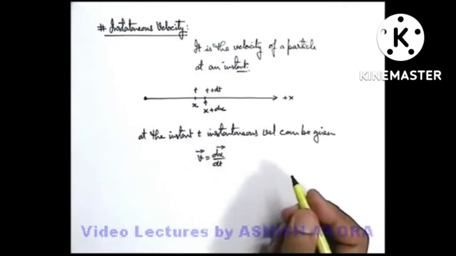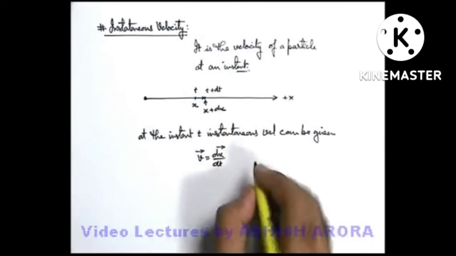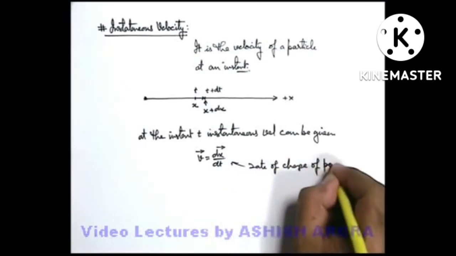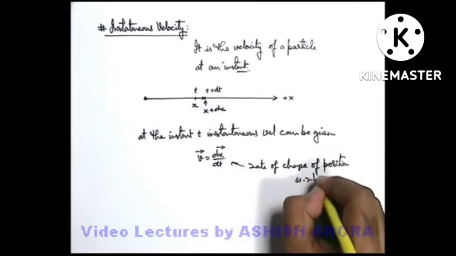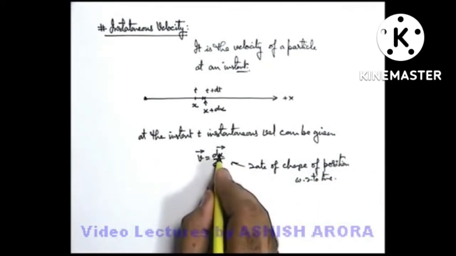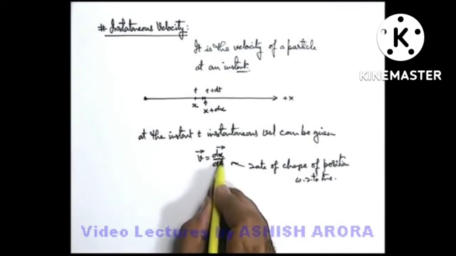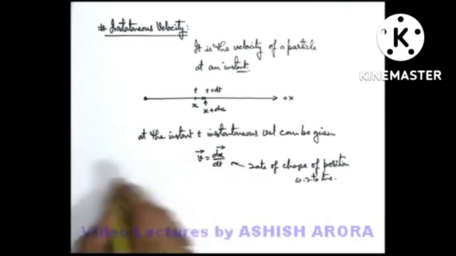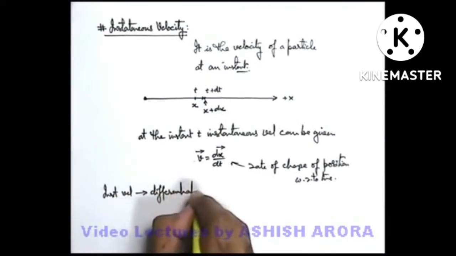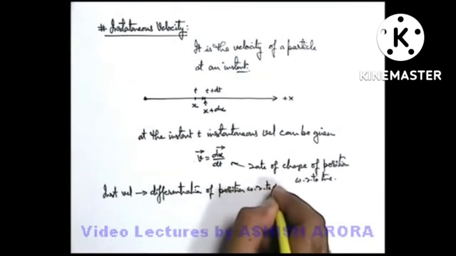As it is velocity, we define it in vector form. So v vector can be written as dx vector, which is in this direction, divided by dt. So we can simply state it is the rate of change of position with respect to time. This is giving us the instantaneous velocity. Or if we have the position as a function of time, we can differentiate position with respect to time to get the value of instantaneous velocity. So instantaneous velocity is the differentiation of position with respect to time.